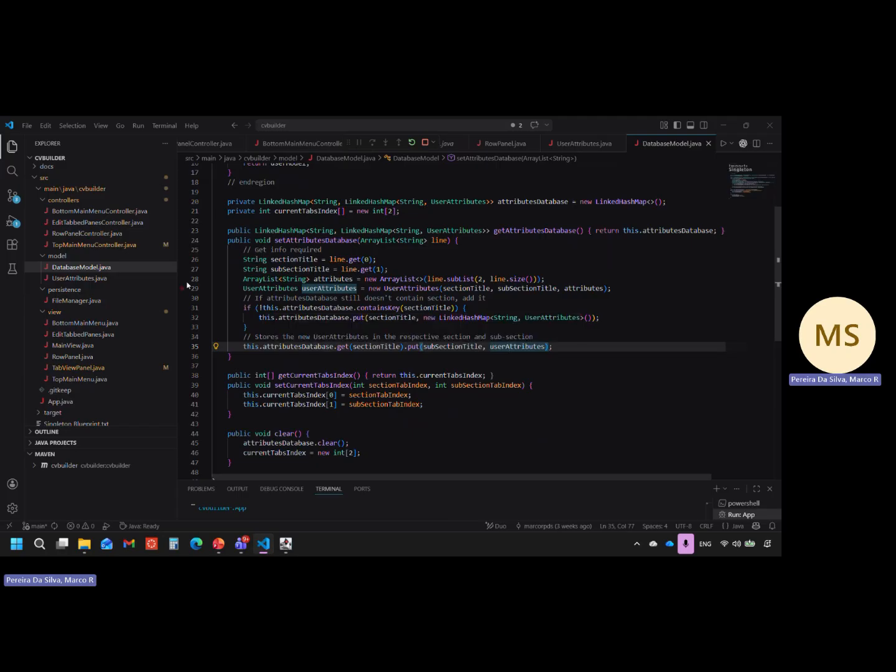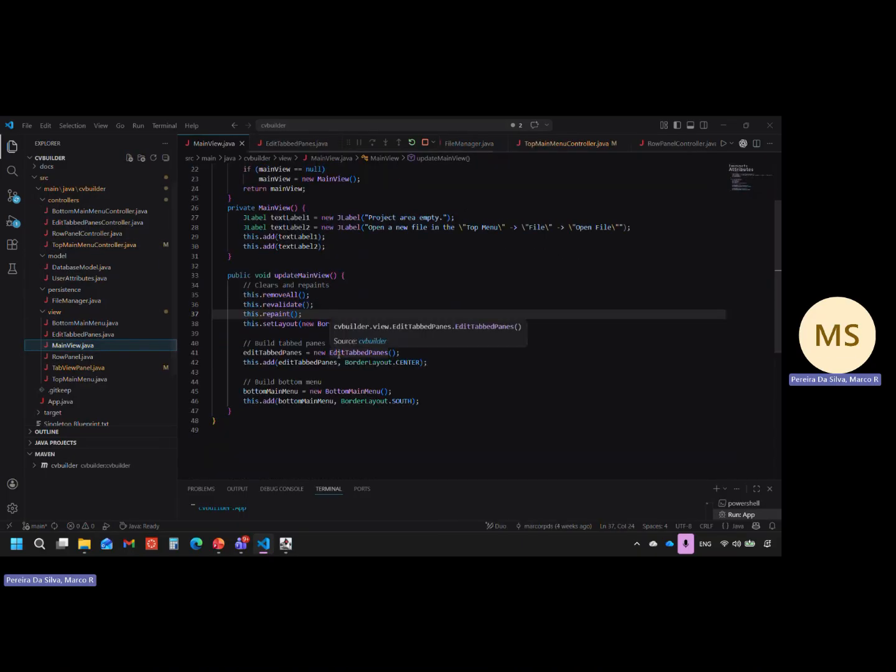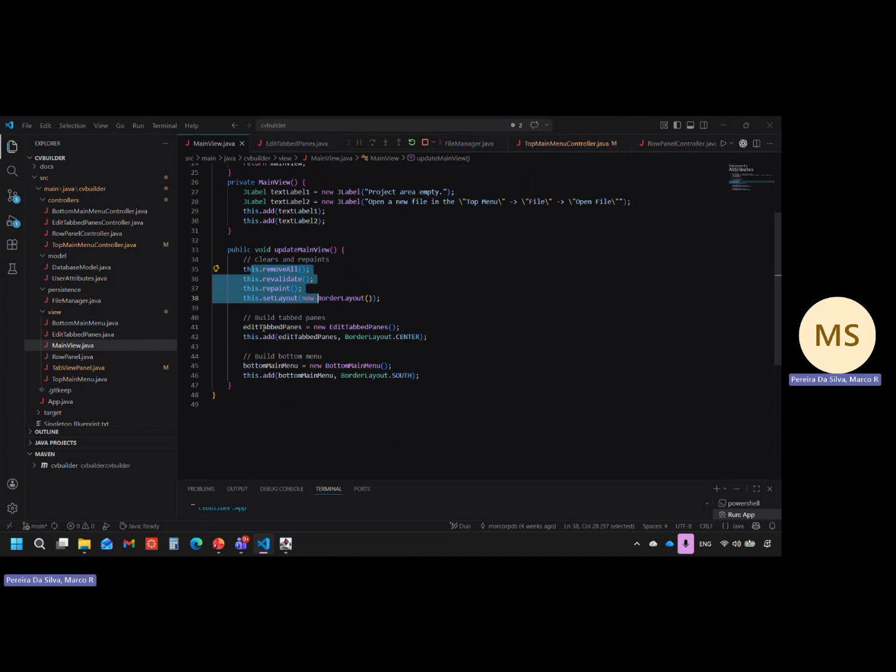All right, so with this out of the way, we then activate our remaining buttons from the top main menu, and then we would update our main view. Our main view is very simple. We just remove everything, repaint, set new layouts, and then we start a new edit tab panes and a new